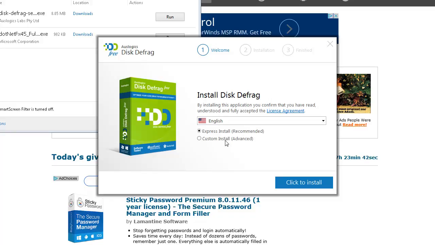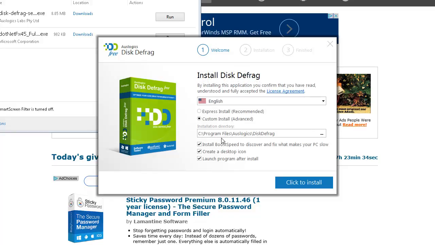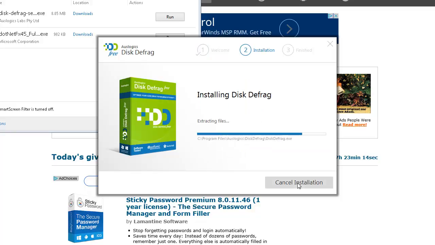Generally when it says express or custom, it means there's extra crap they're going to try to squeeze through you. So you click on custom install, and it wants to install boost speed, which is what we don't want. And then we have two choices of create a desktop icon, which is what we will do, and then launch program after install. Click to install, and it's installing,